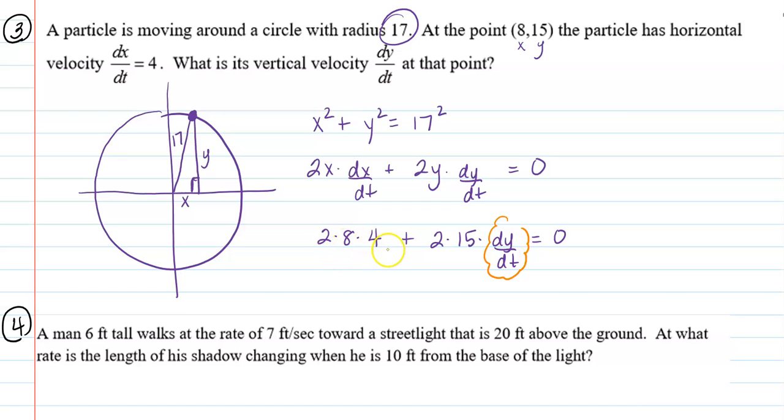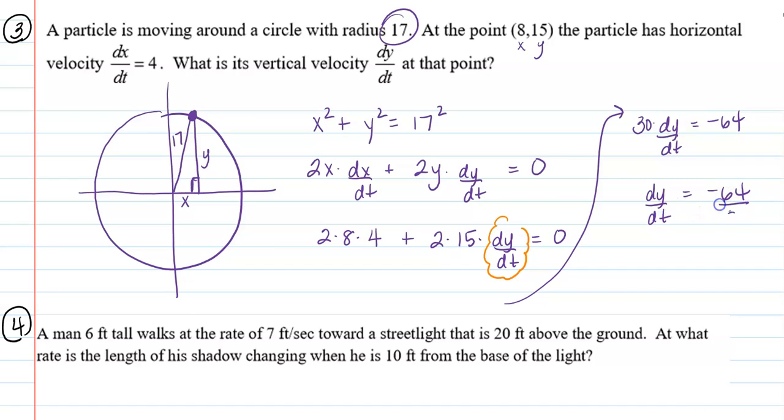2 times 8 times 4 ends up being 64. So I'm going to move that to the other side. 30 times dy/dt is equal to negative 64. dy/dt is equal to negative 64 over 30. And there were no units given to us in the problem, so we don't have to worry about units here